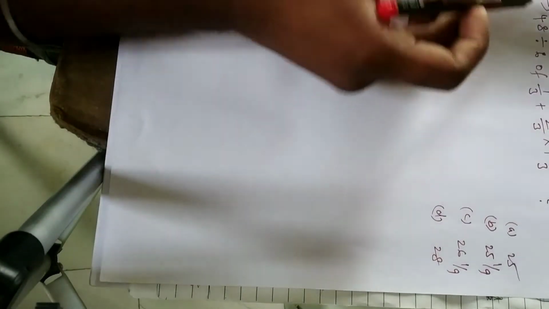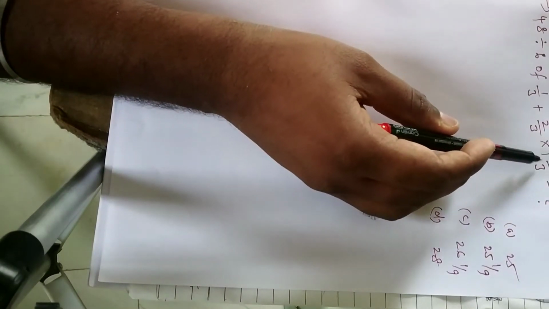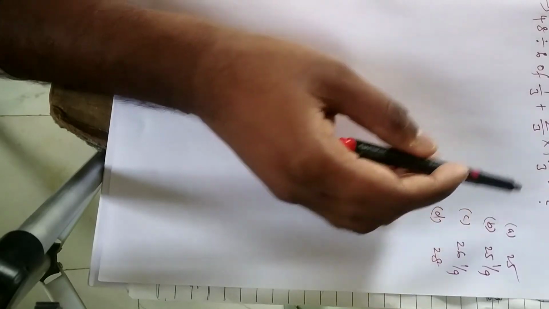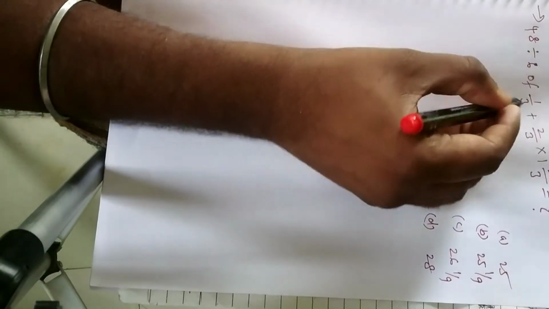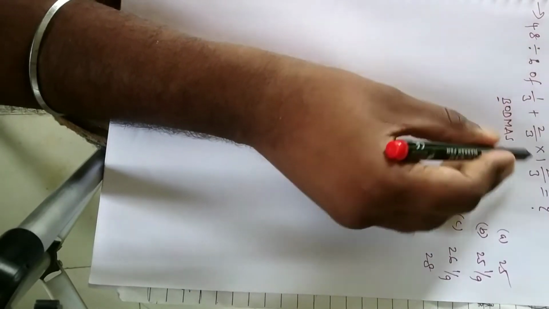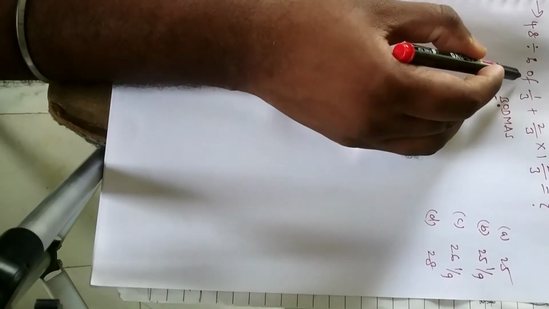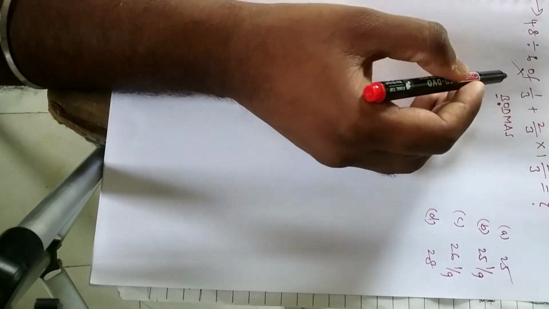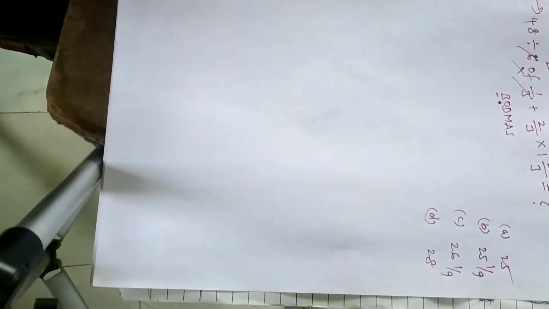Next question is 48 divided by 6 of 1 by 3 plus 2 by 3 into 1 2 by 3 is equal to how much? Option A, option B, option C, option D. Now, let us start. According to BODMAS, first preference should be given to the brackets. We don't have any brackets. Next, off. Yes, we have off here. So off is nothing but simply multiply. So 6 into 1 by 3, 3 2s are 6, right?